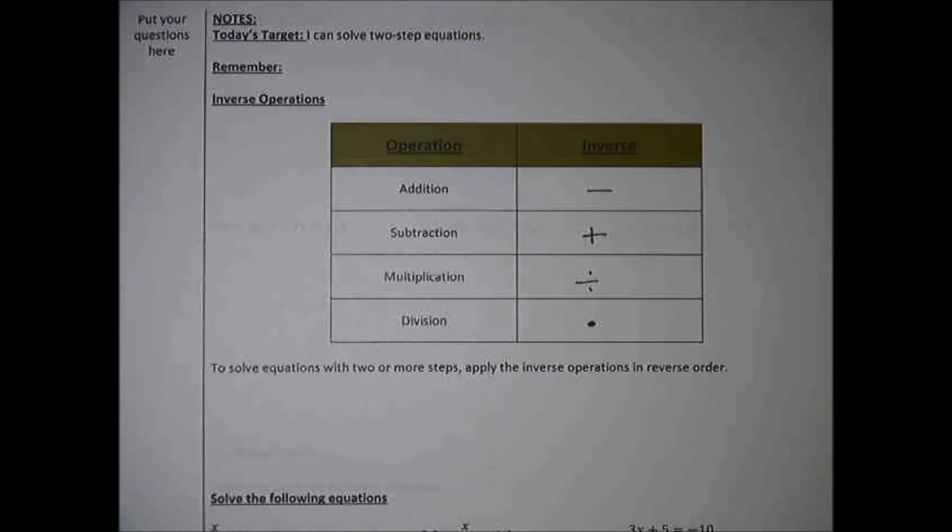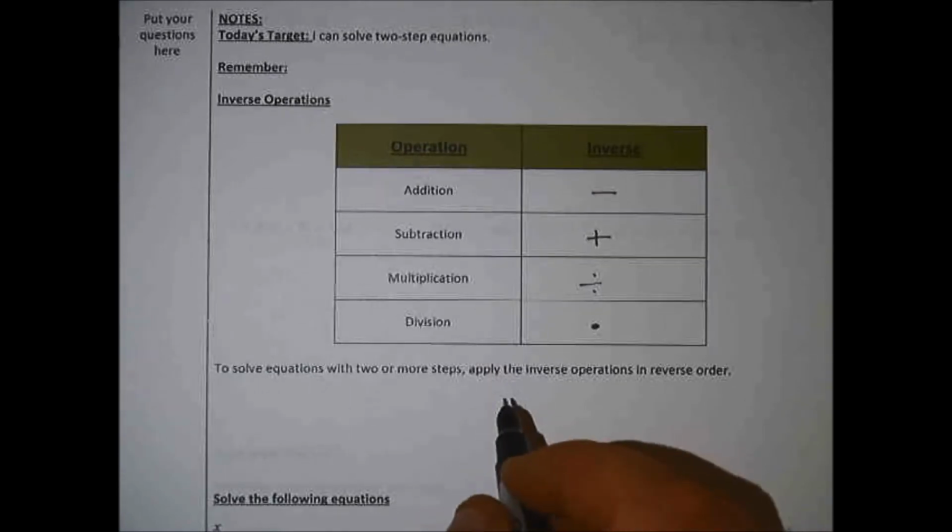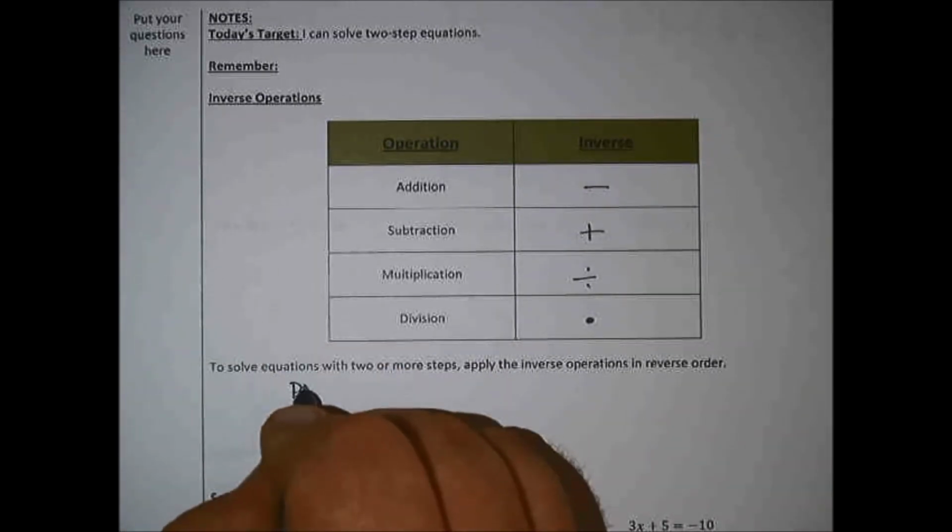All right. But here's the tricky part with solving equations of two steps or more. Last time we dealt with one-step equations, which there wasn't a lot of thought behind it. Whatever was happening to x, I wanted to undo that. Well, I still want to undo that, but I want to do it in a specific order. And in fact, it's in the order of operations. If you remember order of operations,